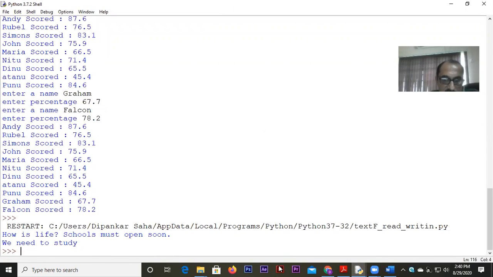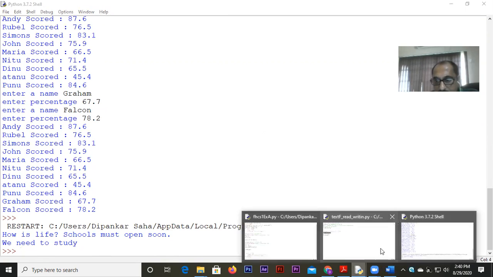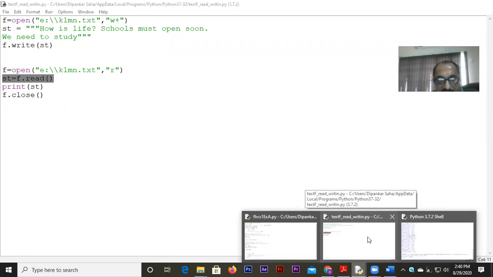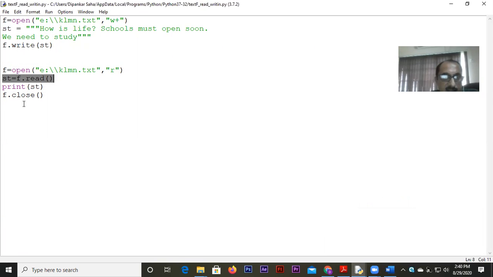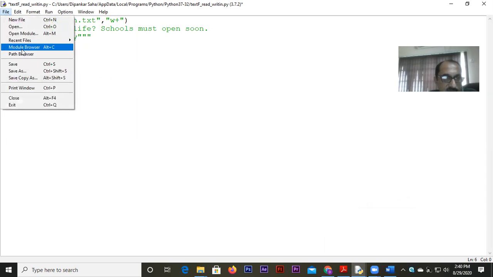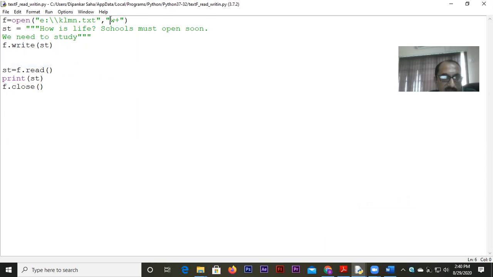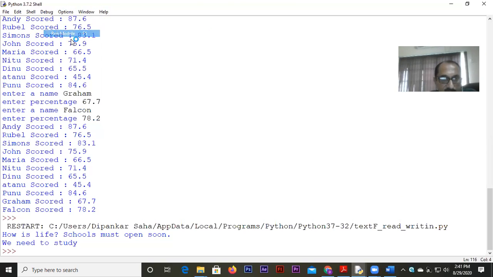There is no output. Why is there no output? Sorry, I shouldn't have opened the file again, forget about it. That statement should not be there, because with this opening mode I want to achieve both writing and reading together. Fine. So I'm just running the program once again.